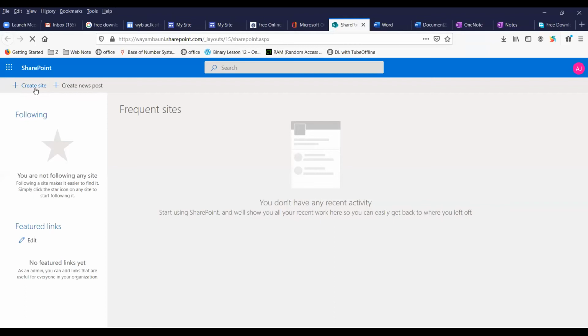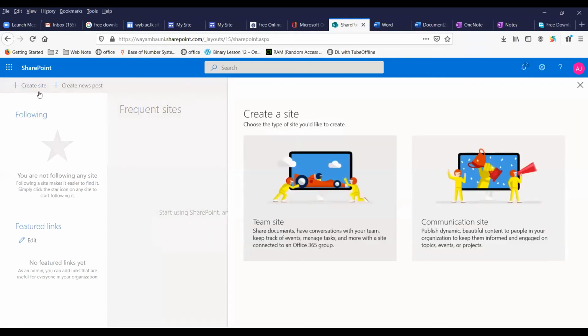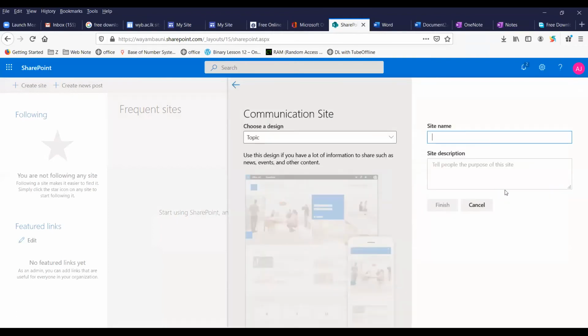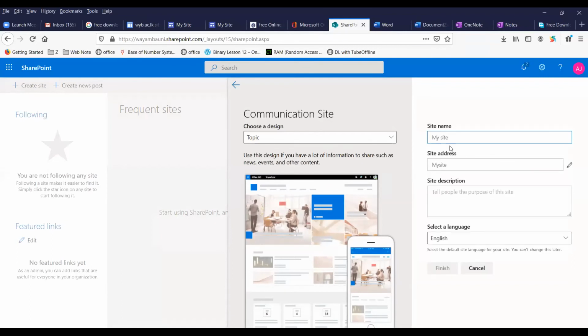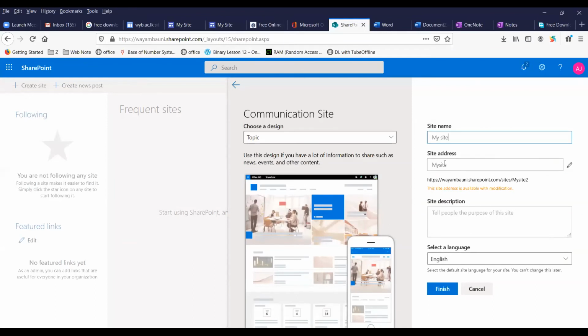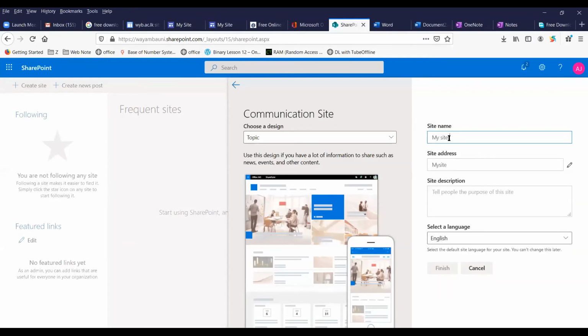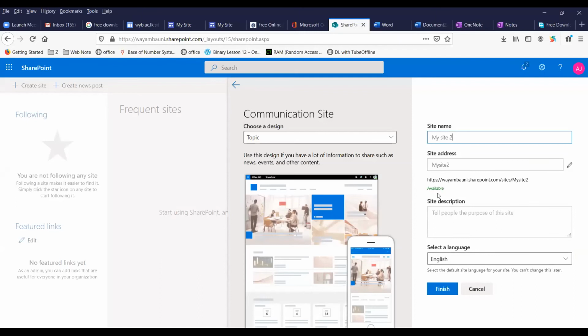Here you can create a site. Click on create site, and you can select the template. You have to give a site name. If the site name is available, they will show you. This would be the link of the website, and finish.